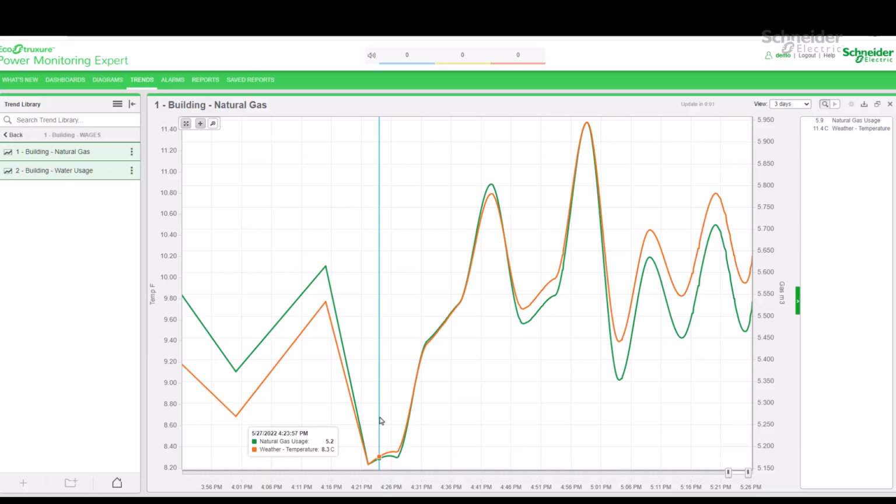Note that this real-time data is only kept while the web client is open in the web browser cache. If I close this trend or close the web client, that real-time data will disappear. This is a unique function of the trends that allows us to monitor the trending of real-time measurements for short periods of time. It is not recommended to allow PME trends to continuously monitor real-time data without placing an appropriate limit on the data points, precisely to prevent burdening the cache of the PME web client.